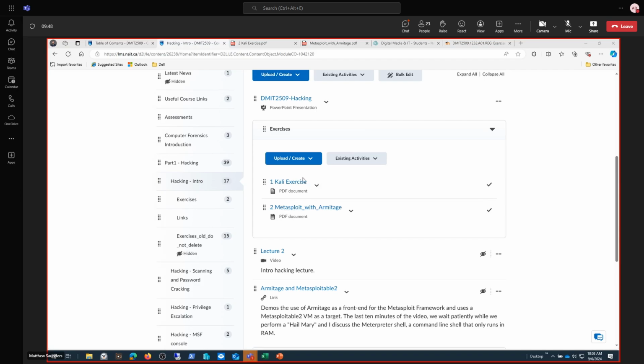So we've got a couple exercises. The Kali exercise is just setting up and customizing the Kali VM for your purposes, making sure that it's unique for things like screenshots. And then Metasploit with Armitage is just a very brief intro to a GUI interface for Metasploit, which is a bit of a crutch. I know some people really like it, but really, if you're going to use Metasploit, eventually you need to get into the command line pretty seriously. But Armitage is a nice interface you can slap on top of it. We'll get to that in a sec, but for now we're just doing the hacking intro.